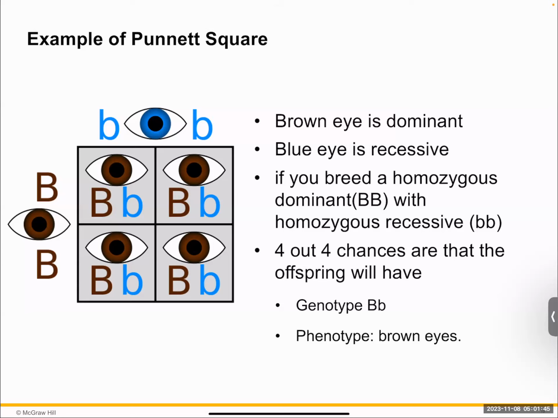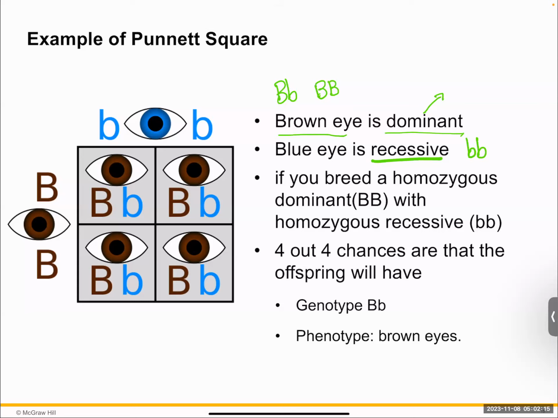So right here, we're going to say that the brown eye is the dominant and the blue eye is the recessive. So again, when we're talking about dominant characteristics, brown eye color is created by either the heterozygous or the homozygous dominant genotype, and blue eye will be produced by a homozygous recessive